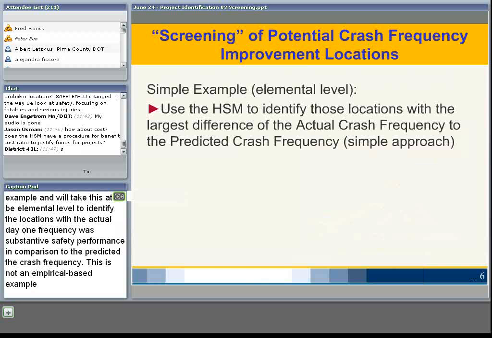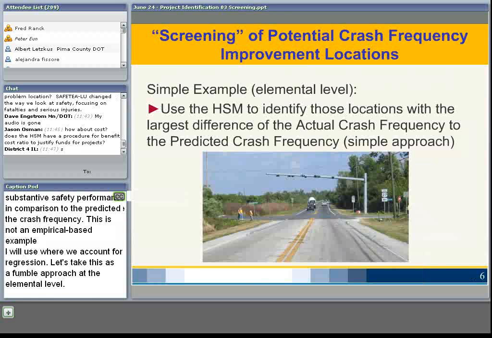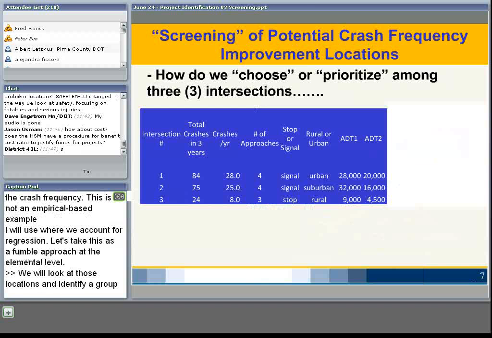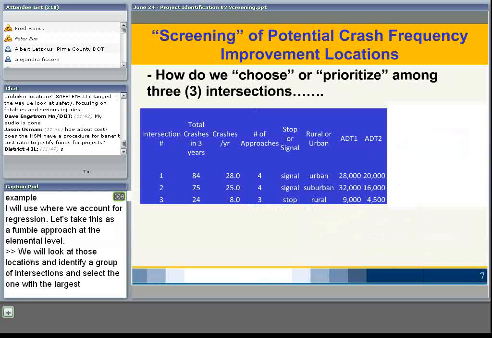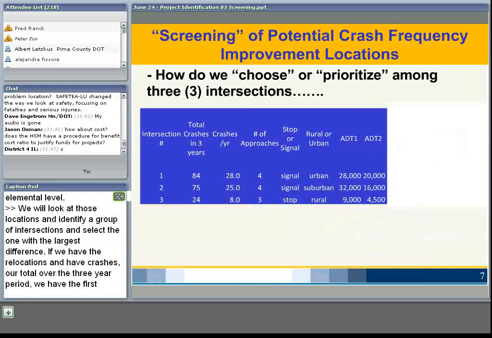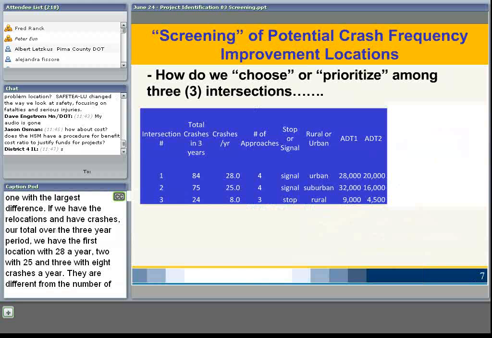Now this is not an empirical Bayes example in which we account for regression to the mean. Let's just take this as a simple approach at the elemental level. We're going to look at those locations, identify a group of intersections, and select the one with the largest difference. So if we have 3 locations, and we have total crashes over a 3-year period, we have one location, number 1, with 28 crashes a year, number 2 with 25 crashes a year, and number 3 with